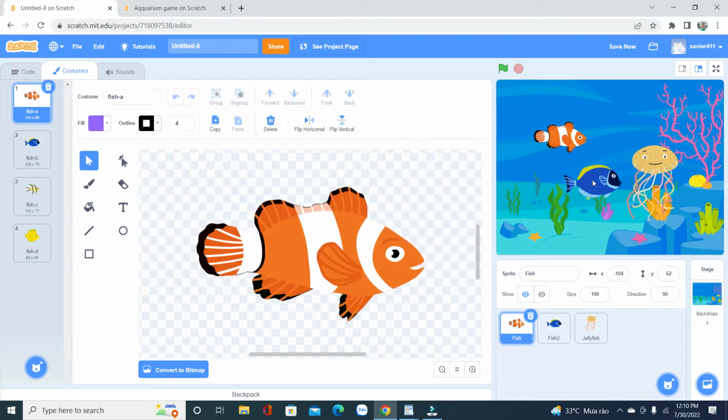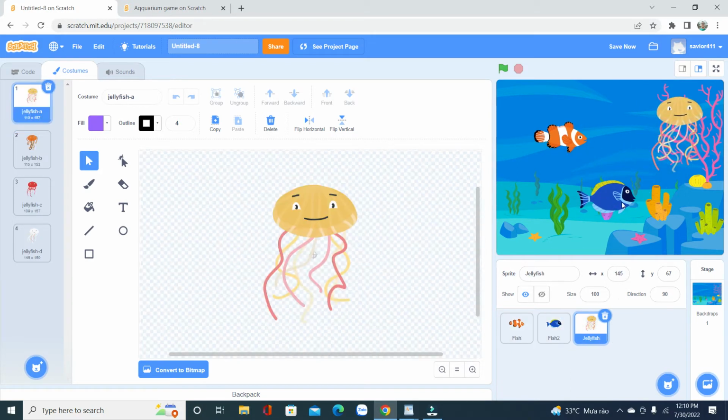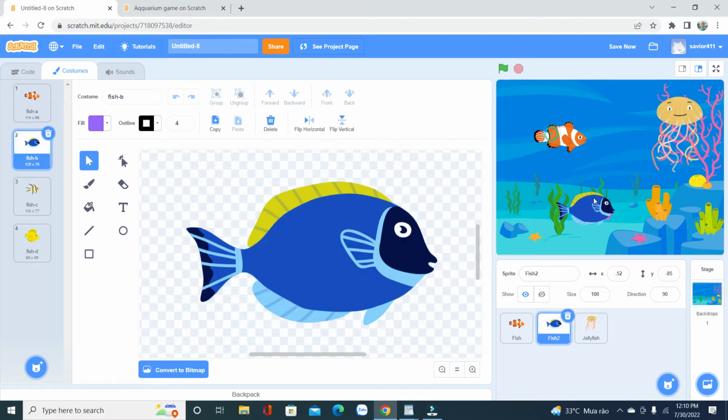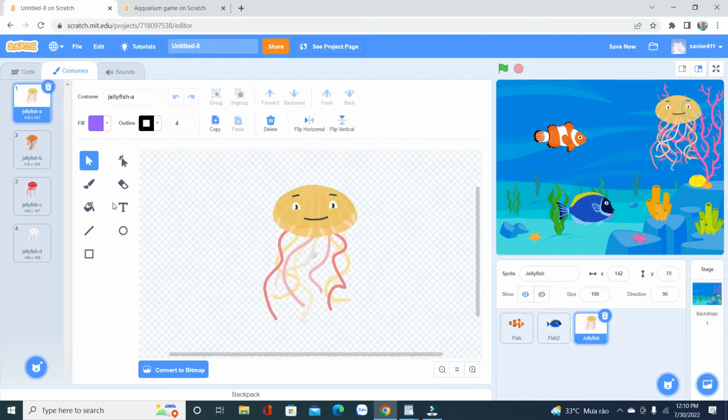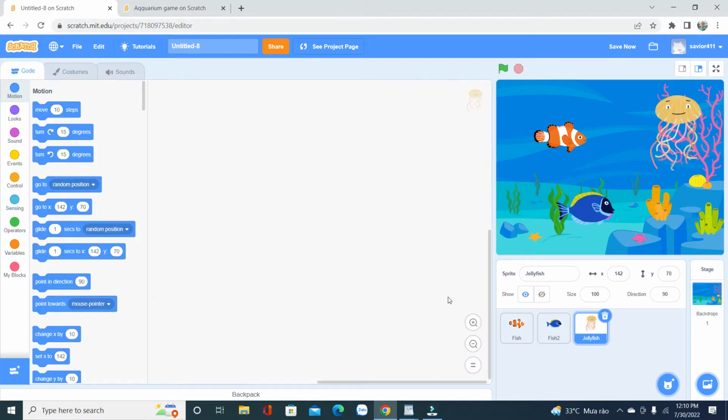And now we're gonna code for each sprite. Okay, so the Nemo, Dory, and the jellyfish. All right. So come back to code. Come to fish number 1, and we come back to code. Okay. So for fish number 1, when the flag is clicked,